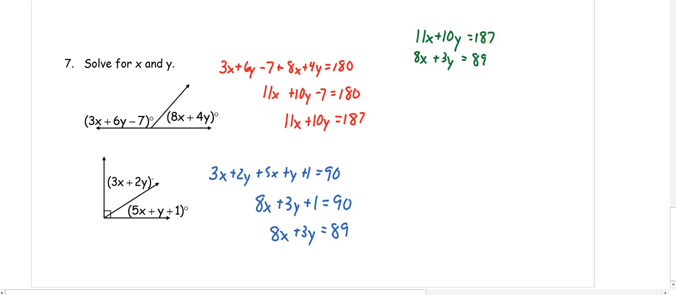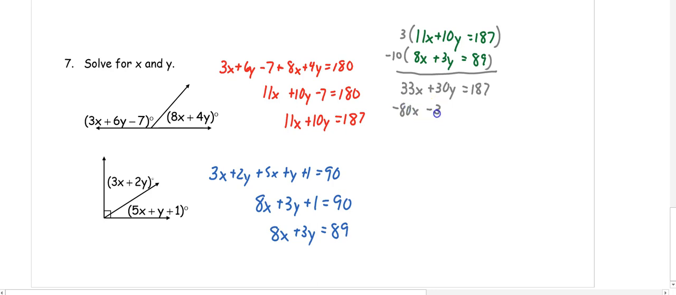So in order to solve and eliminate one of my variables, I need to multiply my equations in order to cancel out a variable. So I'm going to multiply the first equation by 3 and the second equation by -10 in order to eliminate my y's. So when I multiply, remember, multiply all three things. So 33x plus 30y equals